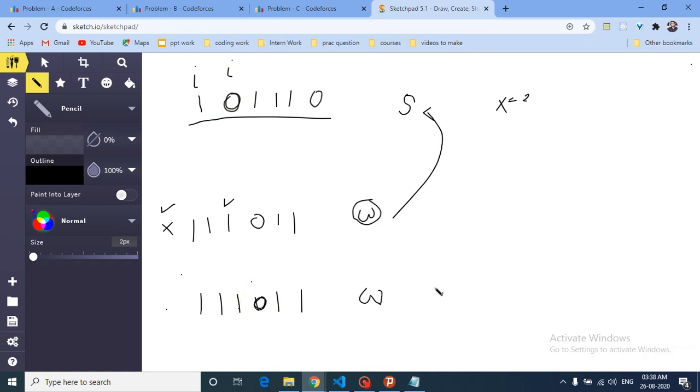They should be 0 in W. So what you can do is iterate over this string from left to right, and for every 0 you will make the I plus x and I minus x positions equal to 0, because for this to be 0, in the W string they actually have to be 0. You have to do the same for this 0 position also, and then you will form a new string. You can see this. Now this string is valid